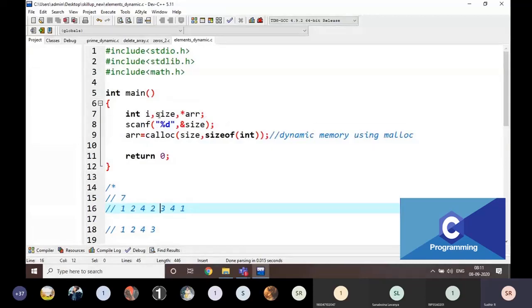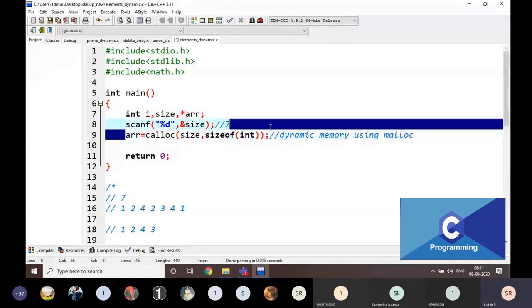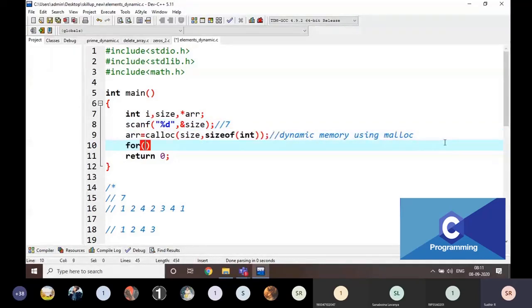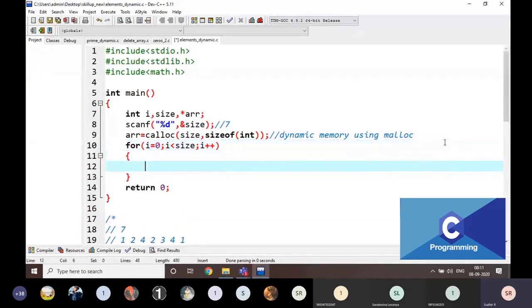For that, I am going to read the size. Reading the size here, for example, this is going to be 7. I am going to allocate the memory and then I am going to read the values. For i equal to 0, i less than size, i plus plus, scanf, everything is similar to the array, right? arr of i, that's it.